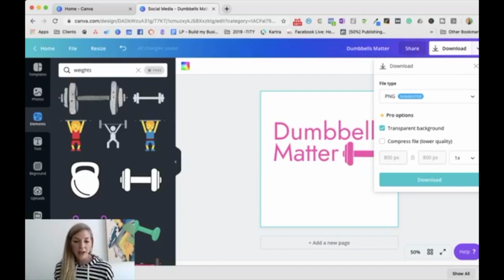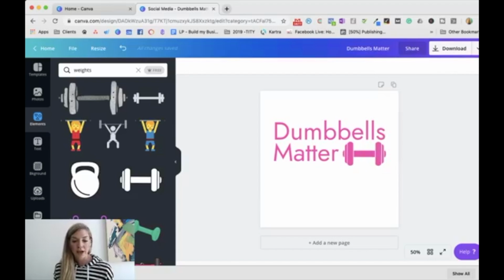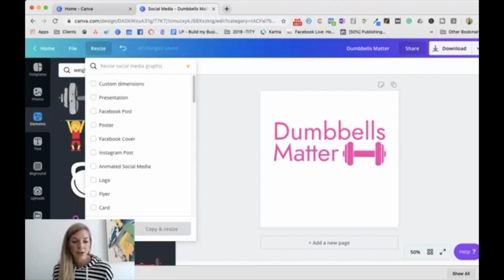If you don't have the paid version and you have a white background, then you'll probably want to crop it down so it's closer. You probably want to do that anyways, but then you can only put it on to a white background, or whatever background you're going to put it on, it's going to have a white outline because it's not going to be transparent. So that is one of the reasons why I would upgrade to the paid version versus just the free version. And the other thing, with a paid version, I just remember this, you can resize it